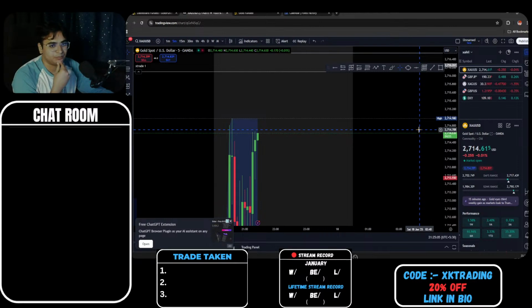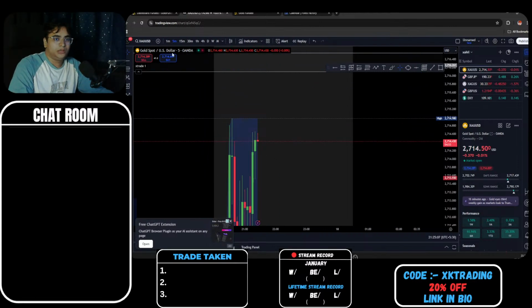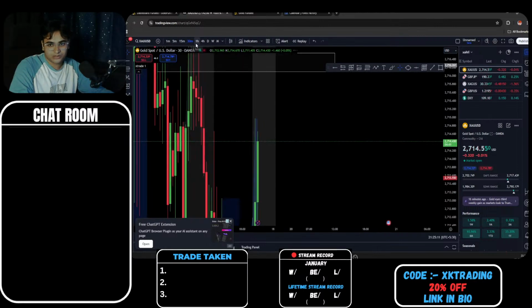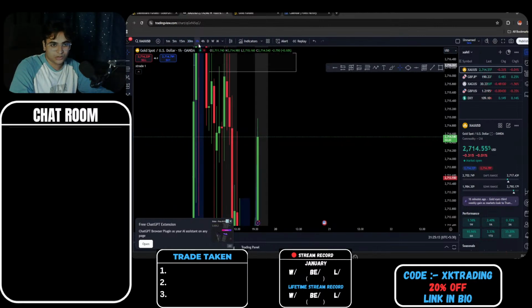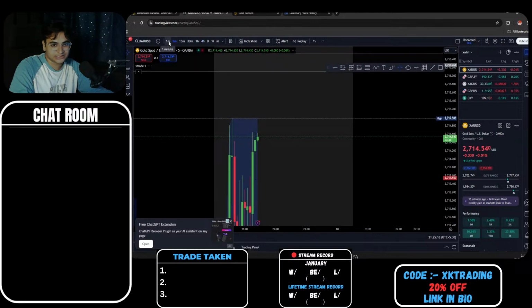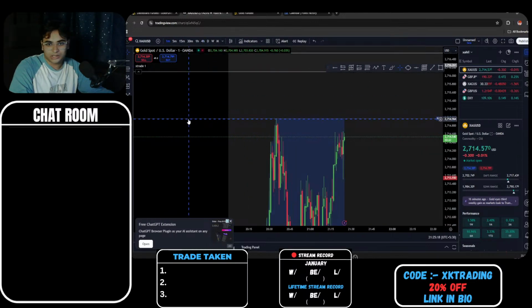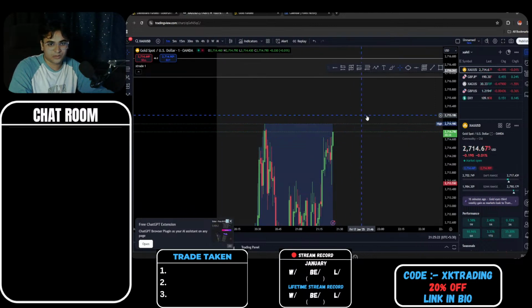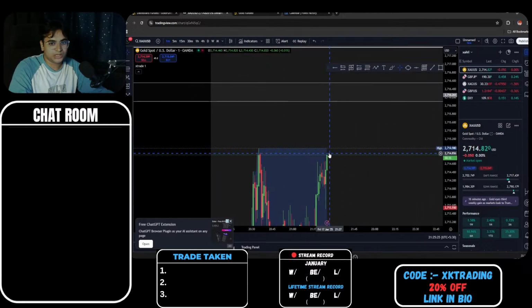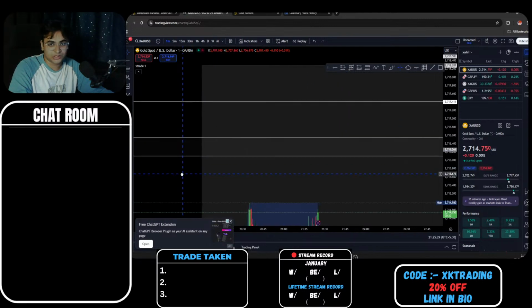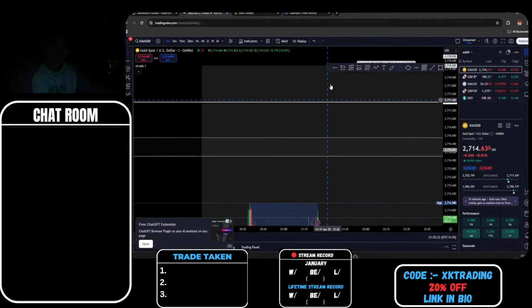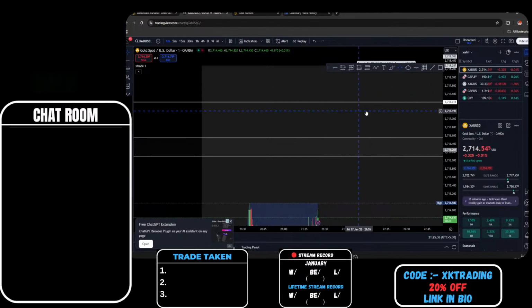All right. Now we have the last 5 minutes for the 30-minute candle closure and 1 hour closure. All right, guys, this 5 minute will be the important one. If we break above this area, then we are seeing this momentum coming up to 2716, or further than that, around 2717 or more.